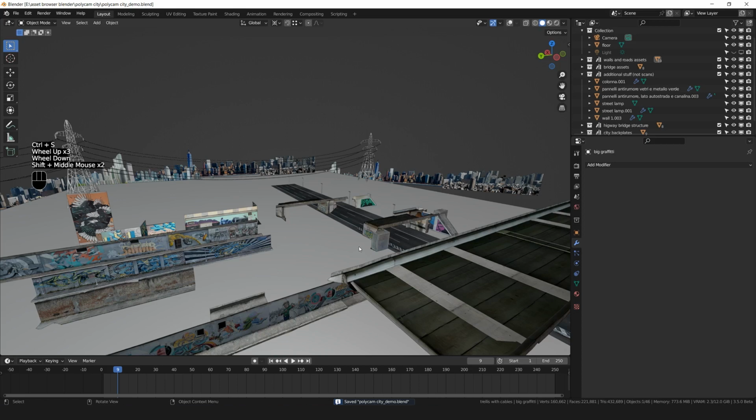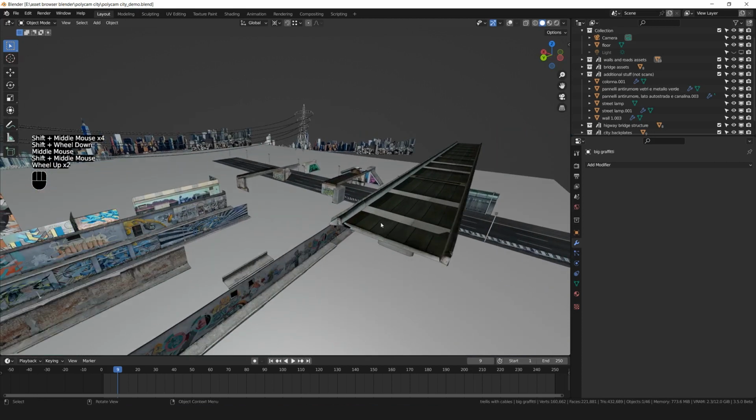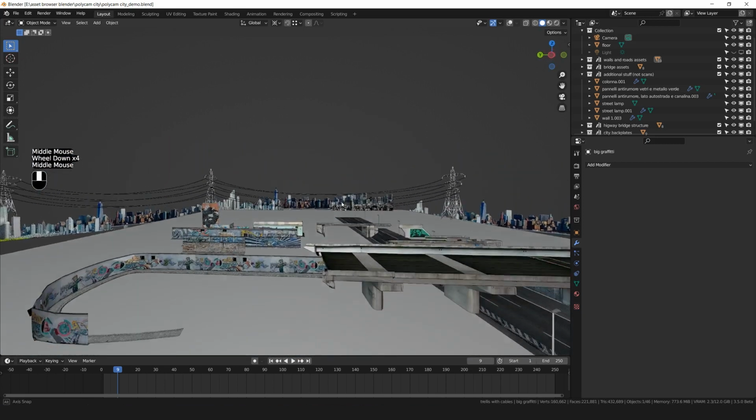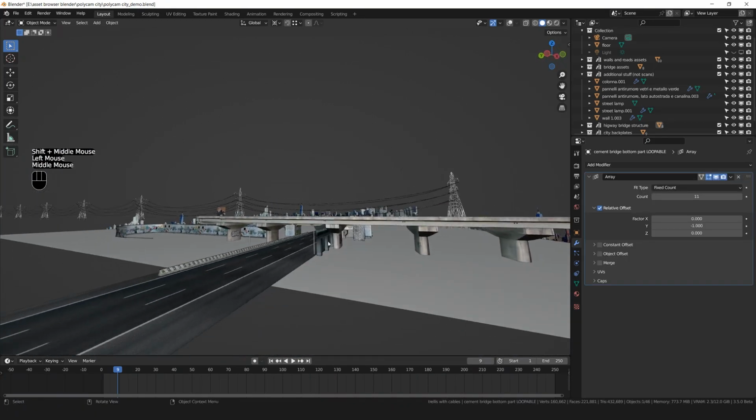So yeah, this is an overall look of the potential that you have with this asset, and more to come in the future, more to come. I have a lot of things that I want to add so that I finally can stop going crazy on the web searching for stuff that is never exactly what I need, and instead I have my own assets